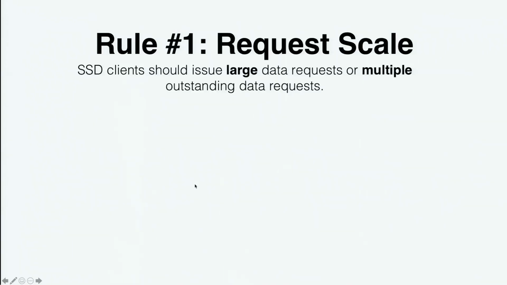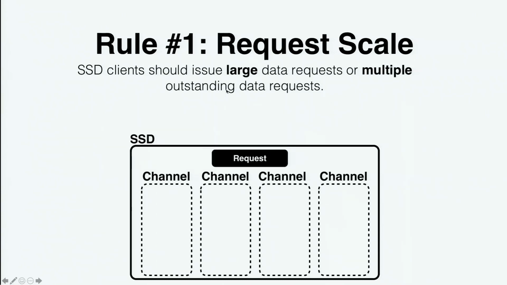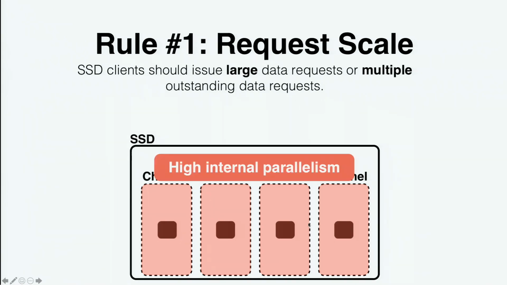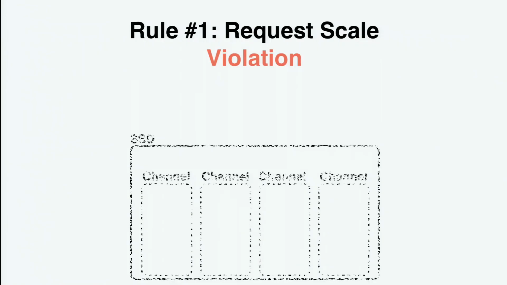Okay, so the first rule is pretty straightforward. If you send the SSD a large request or many small requests randomly, we're going to get good performance. The reason is that your requests can go to all of those channels in parallel. All of the channels are active, delivering their peak bandwidth, so that works really well. So the implication when you're using an SSD is to send many large requests or even many small requests, and you'll get good performance. And if you don't do that,